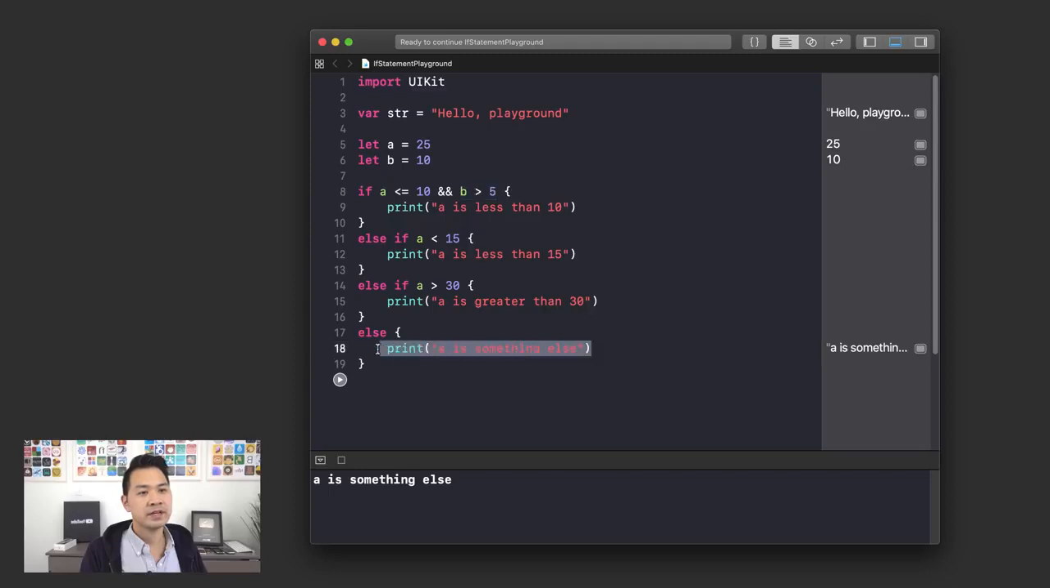Right, it still falls into here. Why? Well, although this is true, this is not true, right? And when you use this double ampersand sign right here, you're basically saying that you need both of those conditions to be true in order for the whole condition to be evaluated as true. However, if you don't care and you only want one of those conditions to be true, either or,